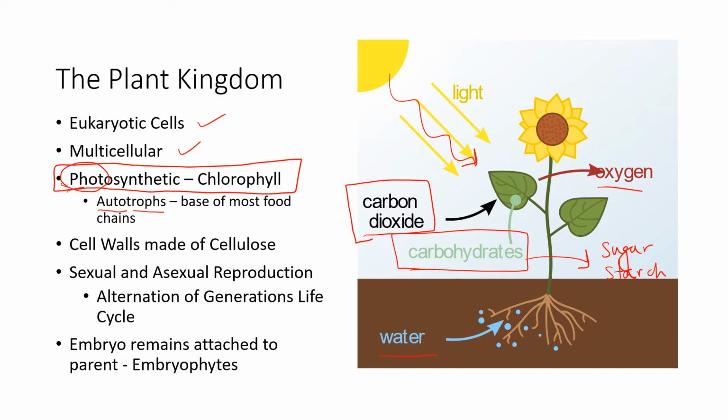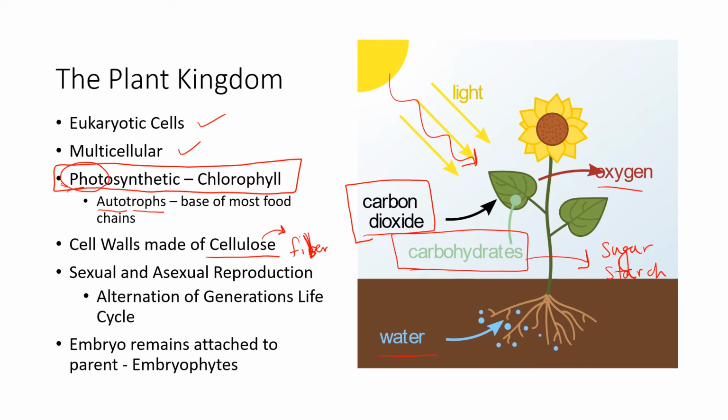Now, another important component of plants is that their cell wall is made of something called cellulose. When we eat plants, much of what we eat we use as energy, like the starch that we get. There are vitamins and minerals that we get from eating plants that we use. But the cellulose part of plant cell walls is not something that we use either as nutrition or as energy. It is sort of fiber to help keep us regular. That doesn't mean it's not good for us, it's just not used as an energy source.